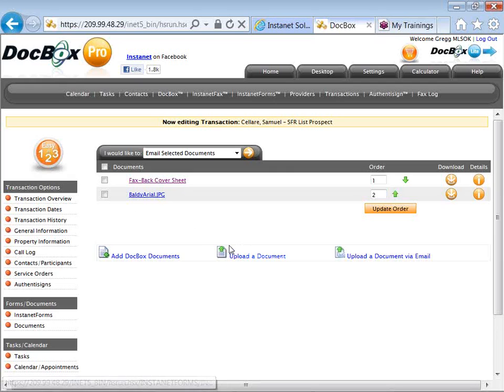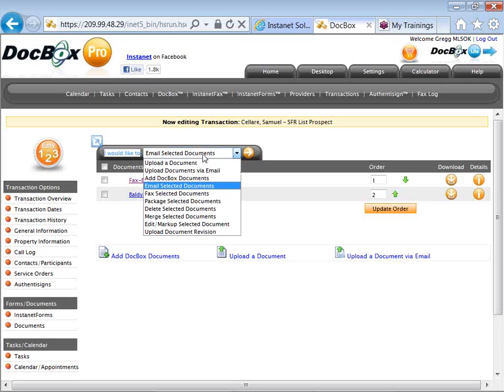But as much as that one, I want to start referencing this phrase and these drop-down menus because this really is a very integral part of Transaction Desk. That phrase, "I would like to," and that associated drop-down menu of choices. This is where you're going to find the features and functions within your Transaction Desk account. Whether you're using the incident forms, the DocBox, the AuthentiSign, you're always going to see that phrase, "I would like to." It is always going to be in association with this little upside-down triangle